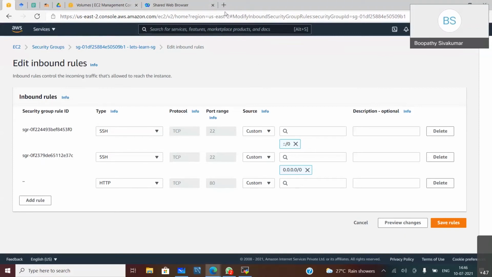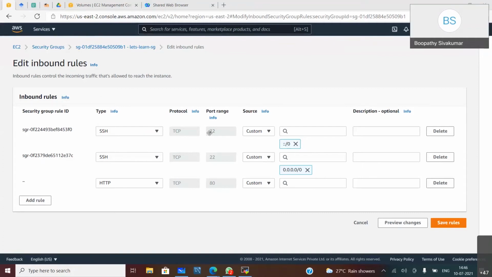Does anyone know? Port 80, okay, and what is another port? What are the two protocols that a web server uses?